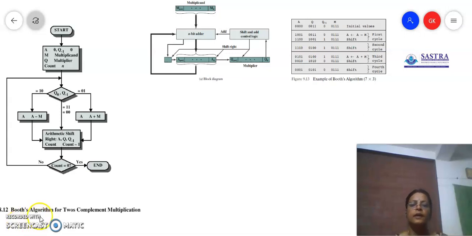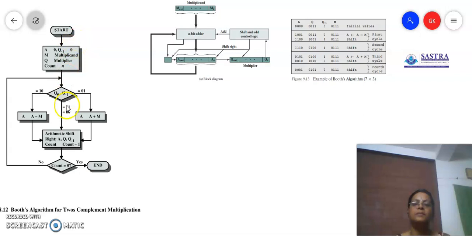Hello everyone. In this session, we will discuss how the Booth multiplication is going to be implemented with the flow chart. And of course, the hardware is going to be the same as what we have discussed in the previous unsigned multiplication. We are just going to work out for a negative multiplier; a positive multiplier can all be considered in the same way in the Booth multiplication process. So this is going to be the Booth flow chart.